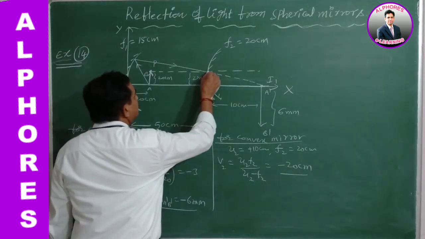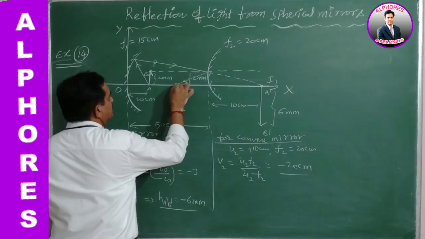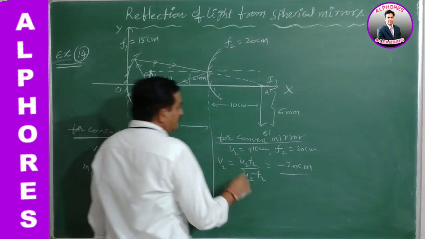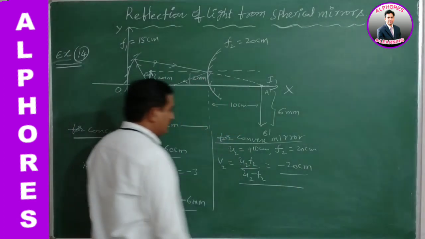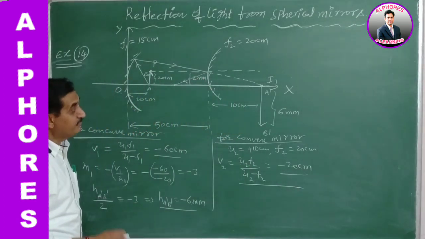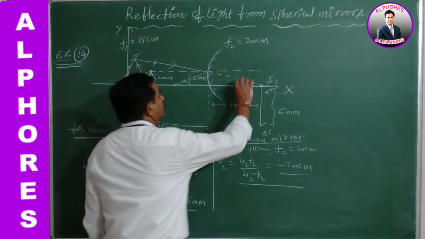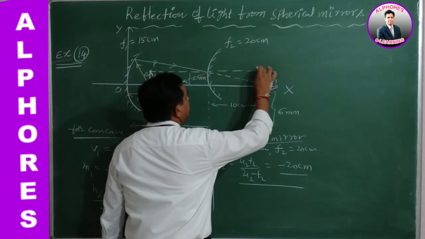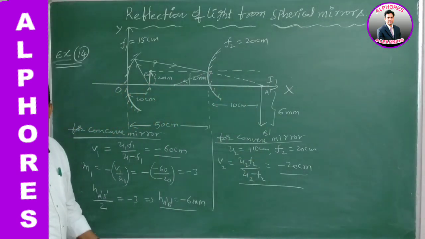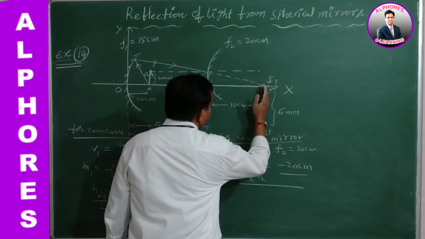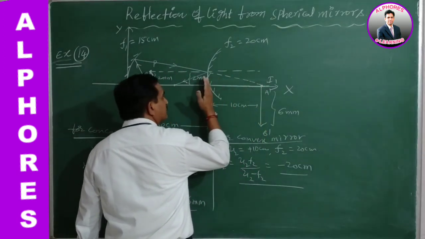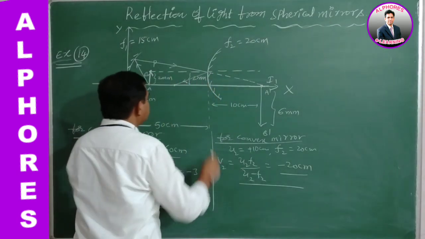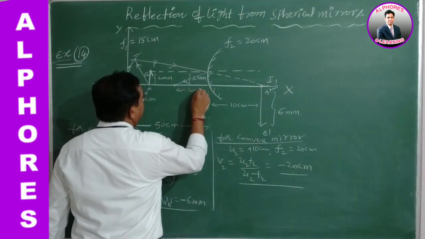So here again, after reflection, it gives its corresponding image over here. Okay. Now, while finding the magnification here, for the convex mirror we are taking its principal axis as a reference. Up to here, okay, image formed. This image serves as an object to the convex mirror. Then the corresponding image is formed over here, at a distance of 20 centimeters.